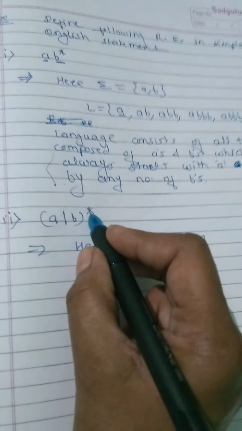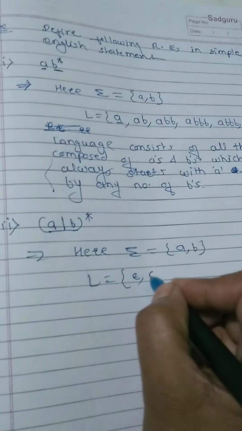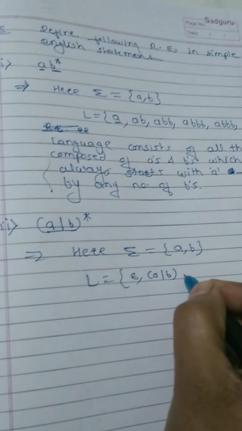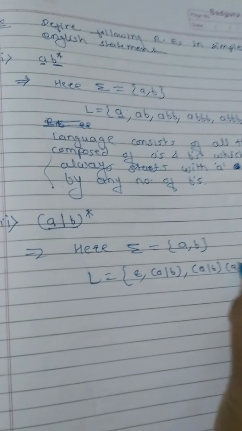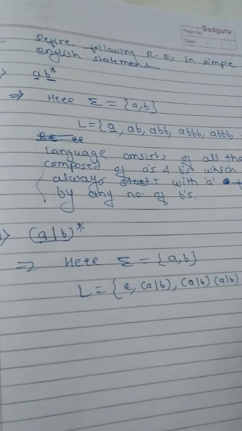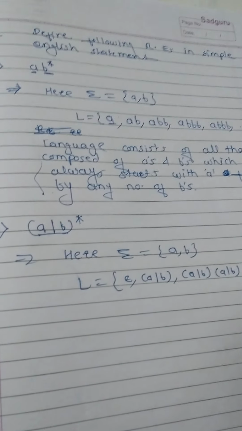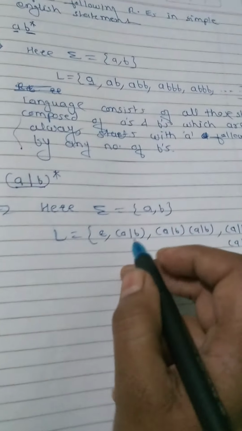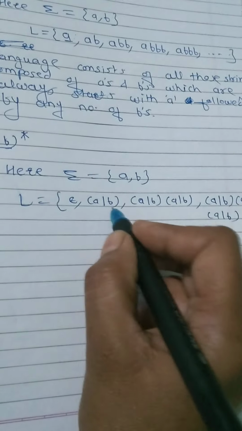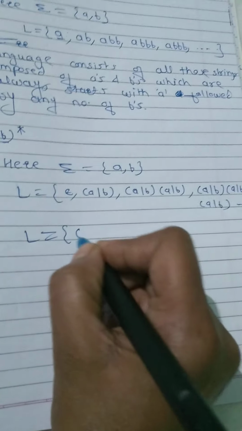Then a single occurrence of A or B, then 2 occurrences of A or B, then 3 occurrences of A or B. Now you can again expand this set by writing the result of this one. So L is equal to epsilon,